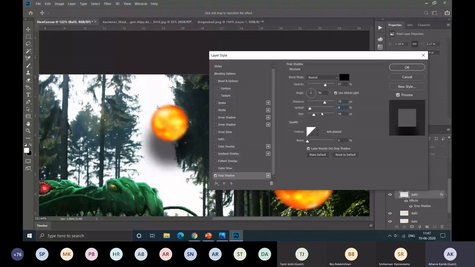And you can change the angle of the shadow also, like this. So let it be 45. Bring it somewhat close. And it's okay. You can also explore the other options like pattern overlay, inner shadow, inner glow, satin, etc. So we'll proceed with the webinar.